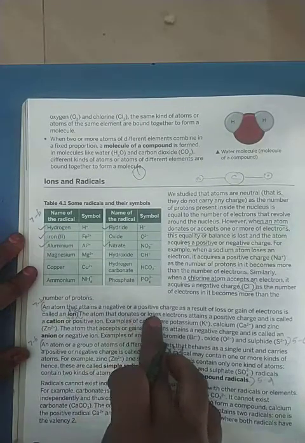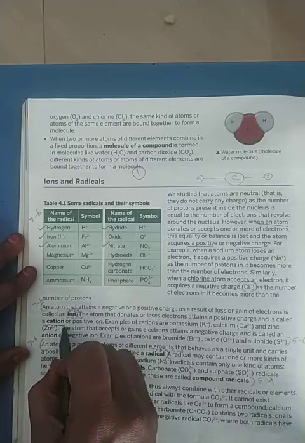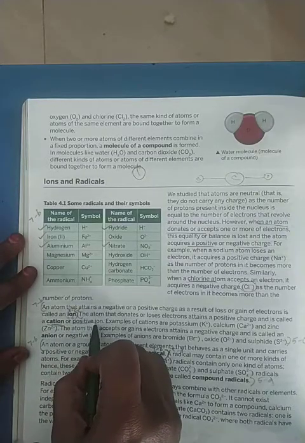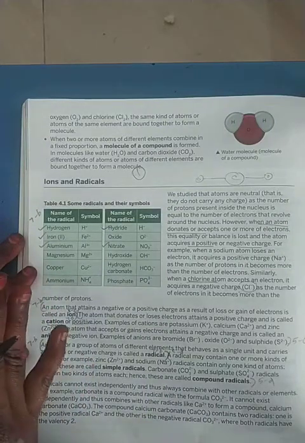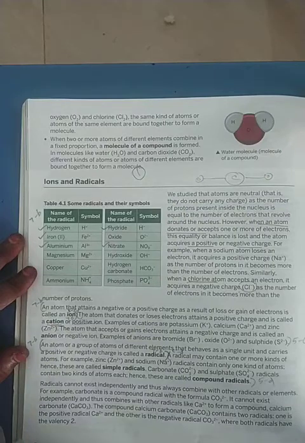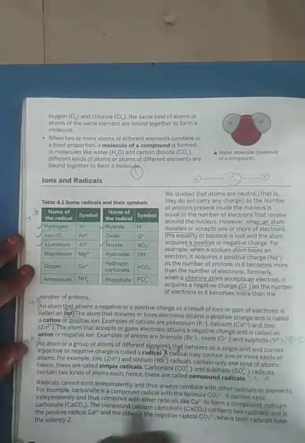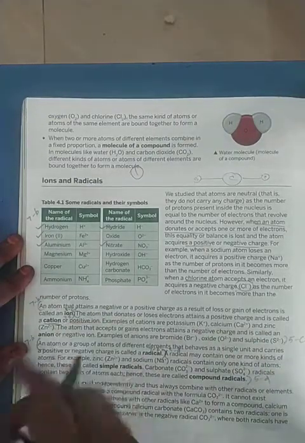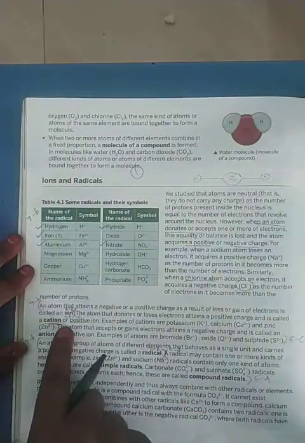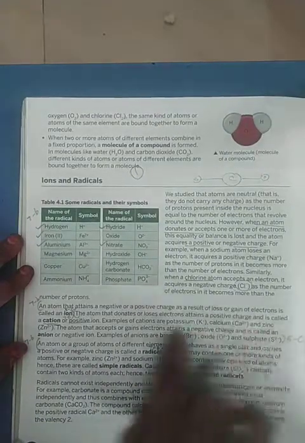Okay, so the atom will donate to become positively charged. So a positively charged atom is called a cation or the positive ion because it is donating. That is, if you are losing out your negative energy, you will be only having your positive energy, is it not? That is why we do meditation, yoga, pranayamam and all this. That is, you are sending out your negative vibrations outside. That means you will be feeling positive energy inside your mind, heart, brain, everything. So that is how the atom also will lose the electrons and become positively charged. The examples they have given here are calcium, potassium, zinc and all.